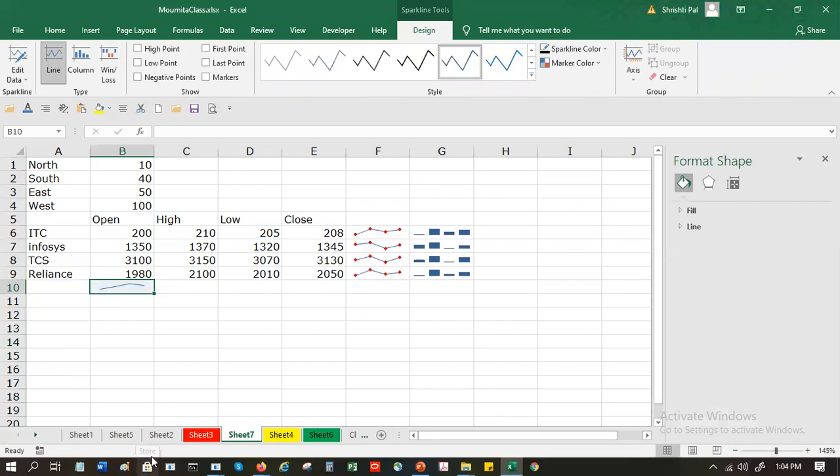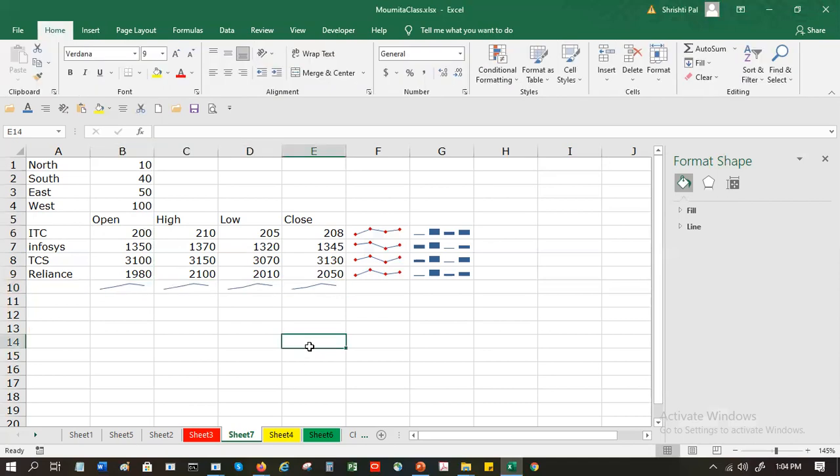And then I can select and press Control R, it will show me for all of them. So if I highlight and select Control R, then it will copy to the right. All the lines will be copied from the left to right. That's right.